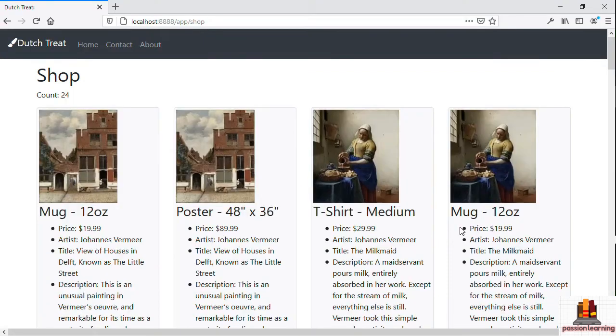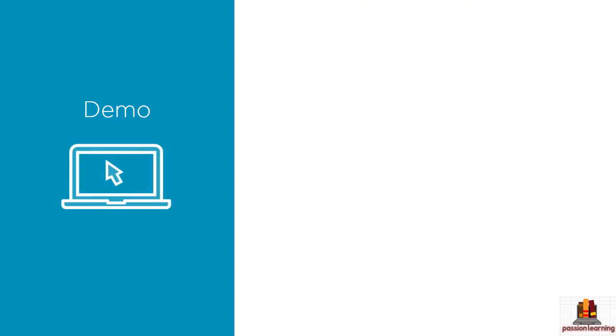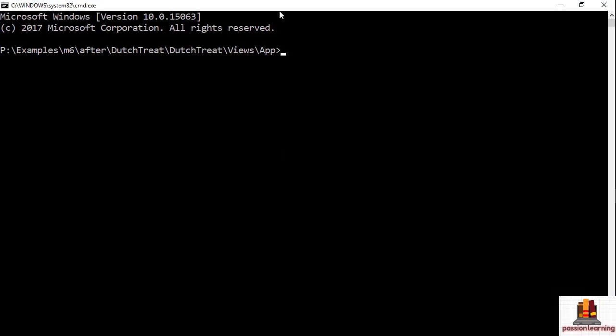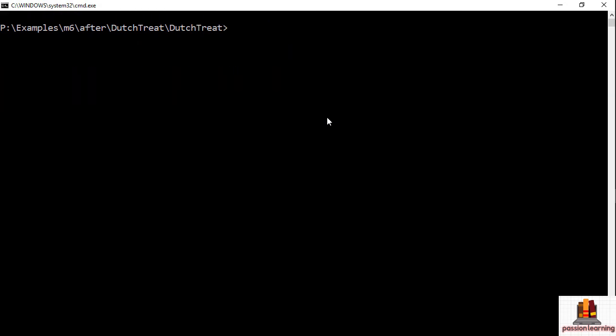Let's next talk about logging. So now let's look at how we're going to log errors. If we open up a console in our project, I'm going to first just set the ASP.NET Core environment to development, just so you can see what it actually looks like when we run our application in development. When we do dotnet run,